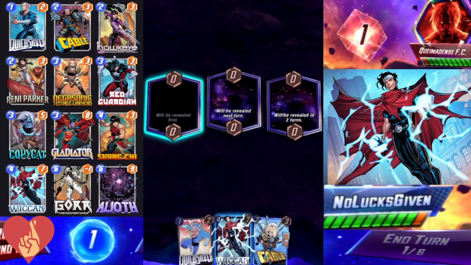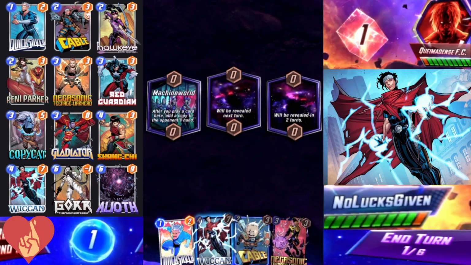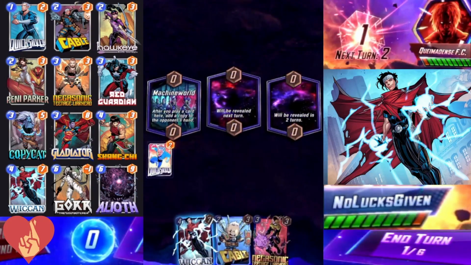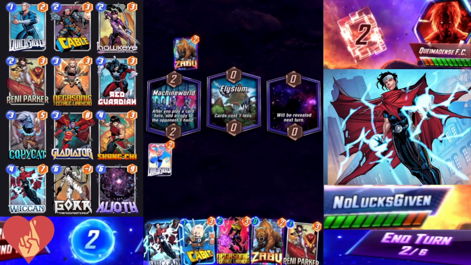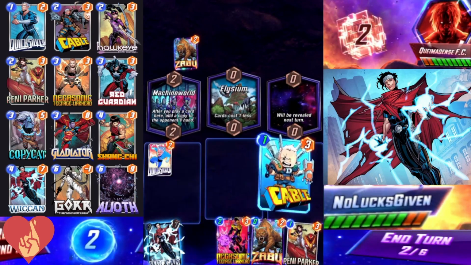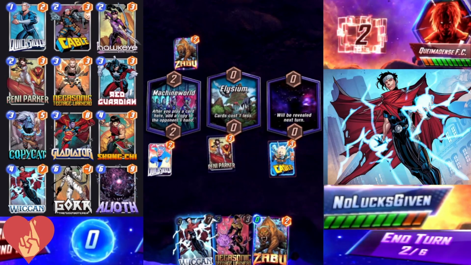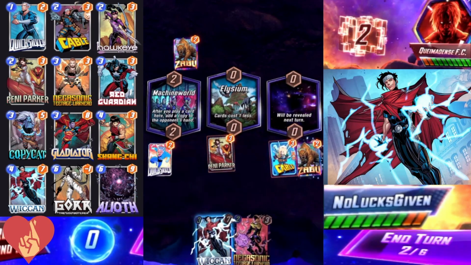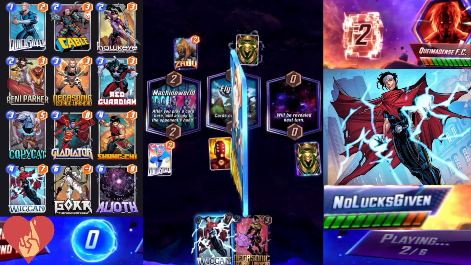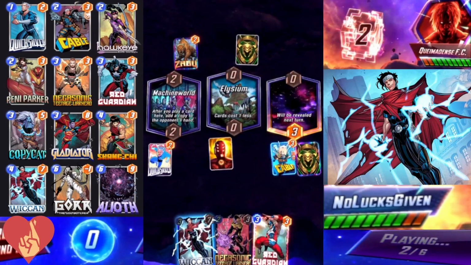Match 3, in the dark, I see that we have a perfect curve out here, so I'm just going to snap to the idea that I can play a Wiccan on turn 4. Elysium is actually going to mean that this is a turn 3 Wiccan as long as I can spend all of my energy this turn, which I can with both Cable and Peni Parker, and I only have Shang-Chi in my deck to Zabu,